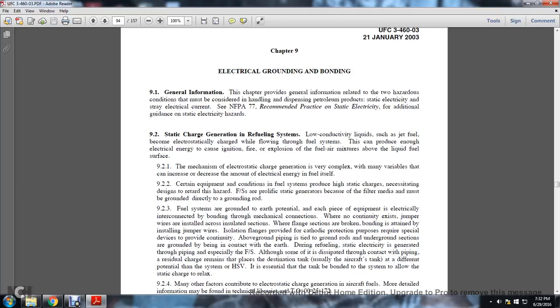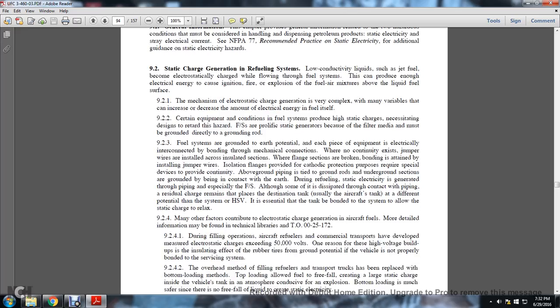Filter separators are prolific static generators, so the filter media must be grounded directly with ground rods. The fuel system is grounded so that the potential of each piece of equipment is electrically integrated, with bonding through mechanical connections when no continuity exists. Jumper wires are installed across insulated sections where flanges are broken, and bonding is attained by the jumper wires. Insulating flanges provided with cathodic protection require special devices to provide continuity. The aboveground piping is tied to ground rods, and underground sections are grounded by being in contact with